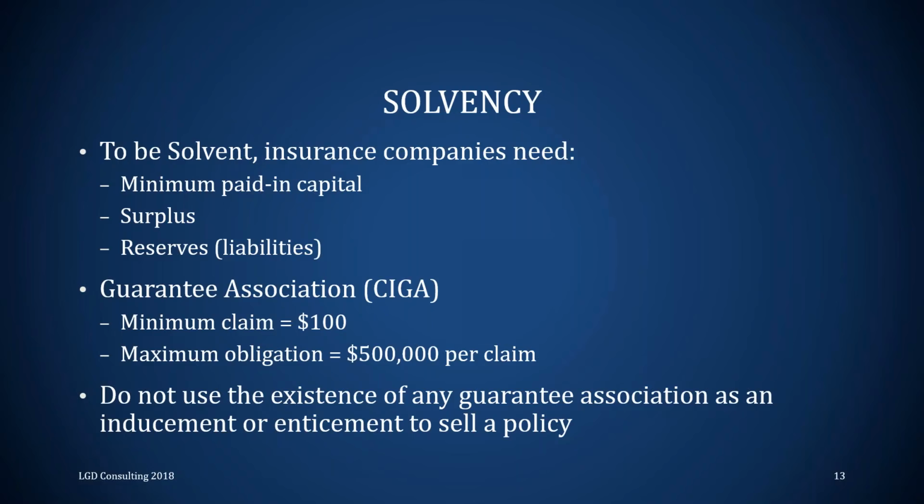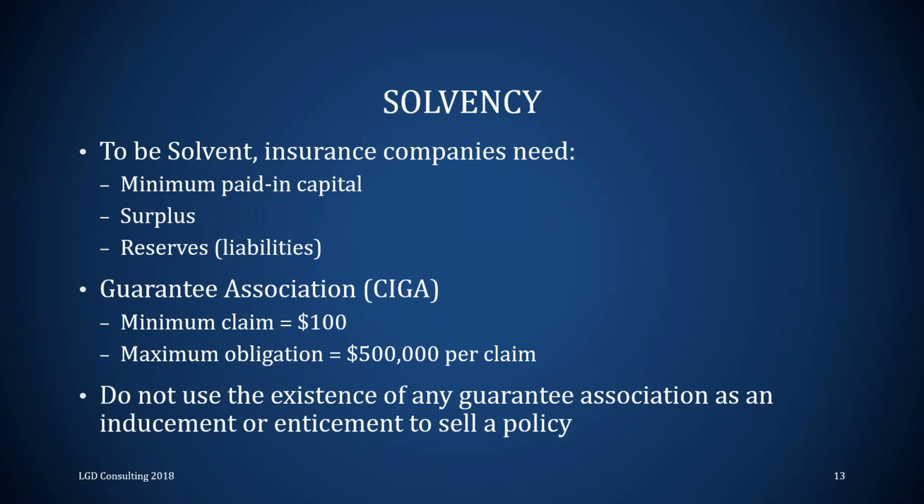A portion of every premium is set aside in a reserve account, and that money grows and earns interest. That's what we use to pay claims. So that means we owe it to our policyholders when losses occur. That's why reserves are liabilities, not assets. Okay. Now, if you only have enough money to cover your outstanding liabilities, including reinsurance, you would be said to be insolvent. Okay, so to be solvent, an insurance company has to have all three: capital, surplus, and reserves. But if you only have enough to cover your liabilities, then you're insolvent, according to the Department of Insurance.